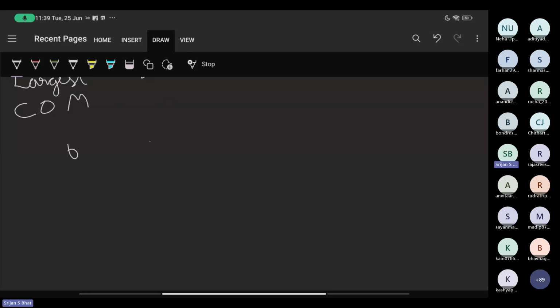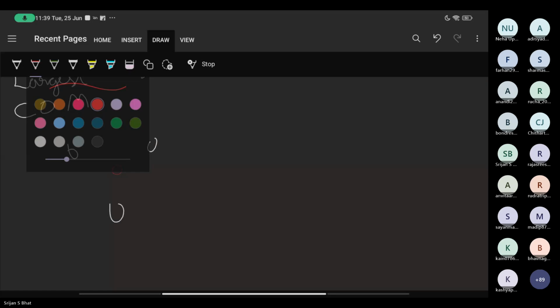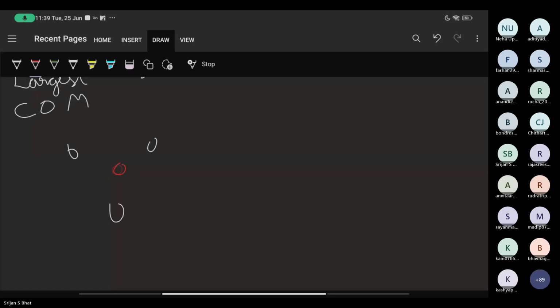So if you have, say, three objects, this red dot will be our center of mass. When you have this, you say that everything will converge to the center of mass.